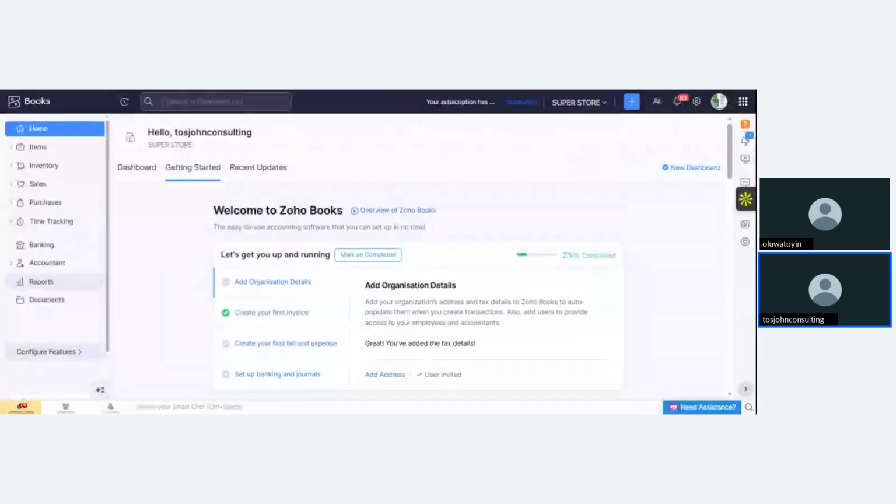So I usually tell people that this accounting software is like the phones that we use. We have different brands of phone. We have Techno, we have Samsung, we have Infinix, we have iPhone. Are you telling me that if I'm using Techno, I can't use Samsung? Yes, I can.